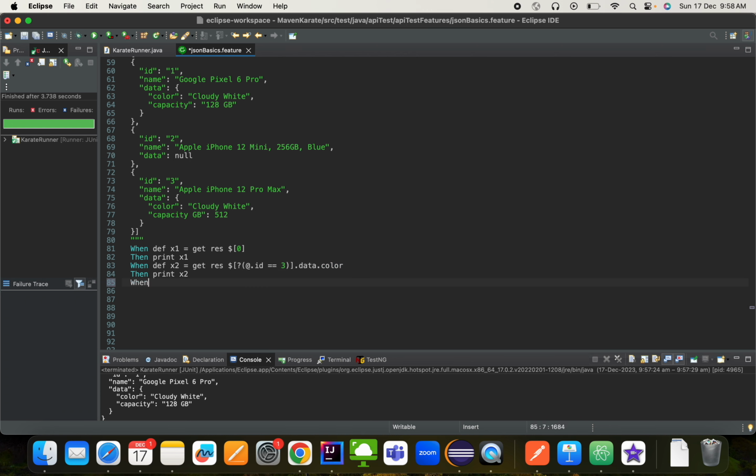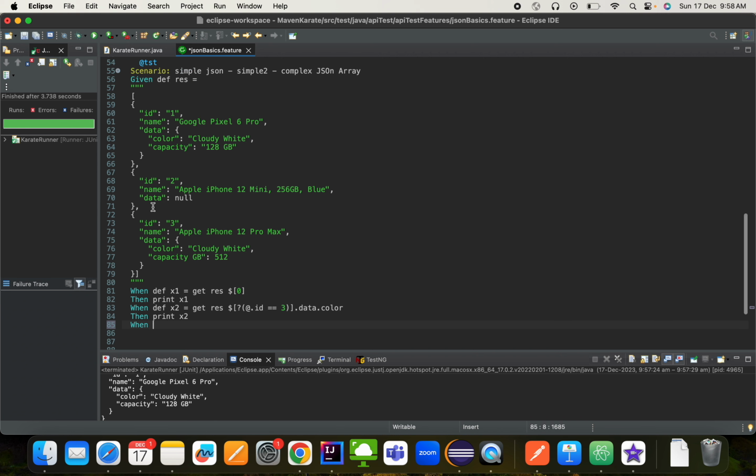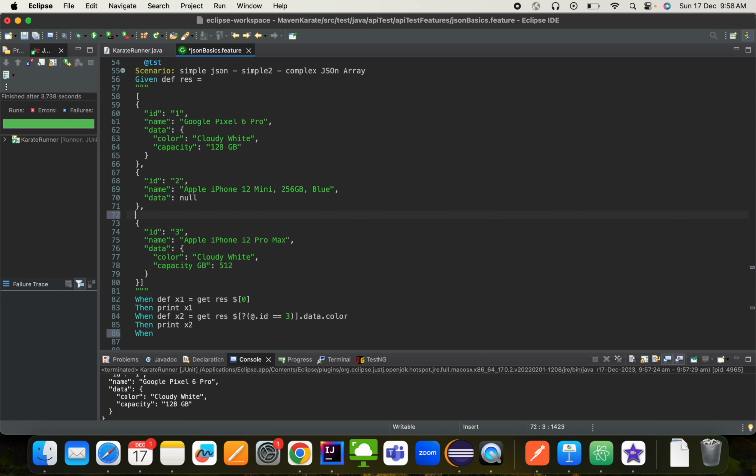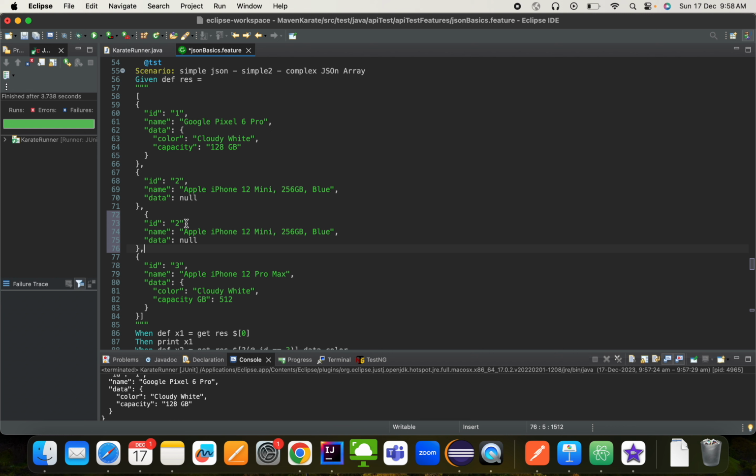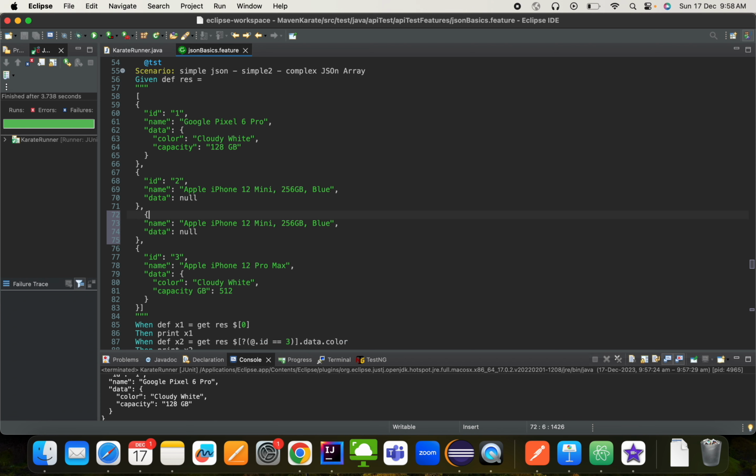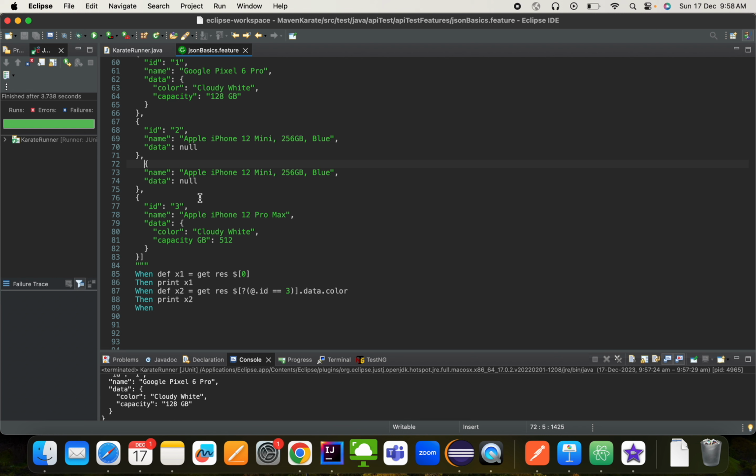Similarly, there will be one more expression. Let me copy this. Let us remove the ID field. Before using the ID field as a primary key, you want to investigate or find out whether the ID field is present for all the JSON objects or not, right? So let us retrieve, get response